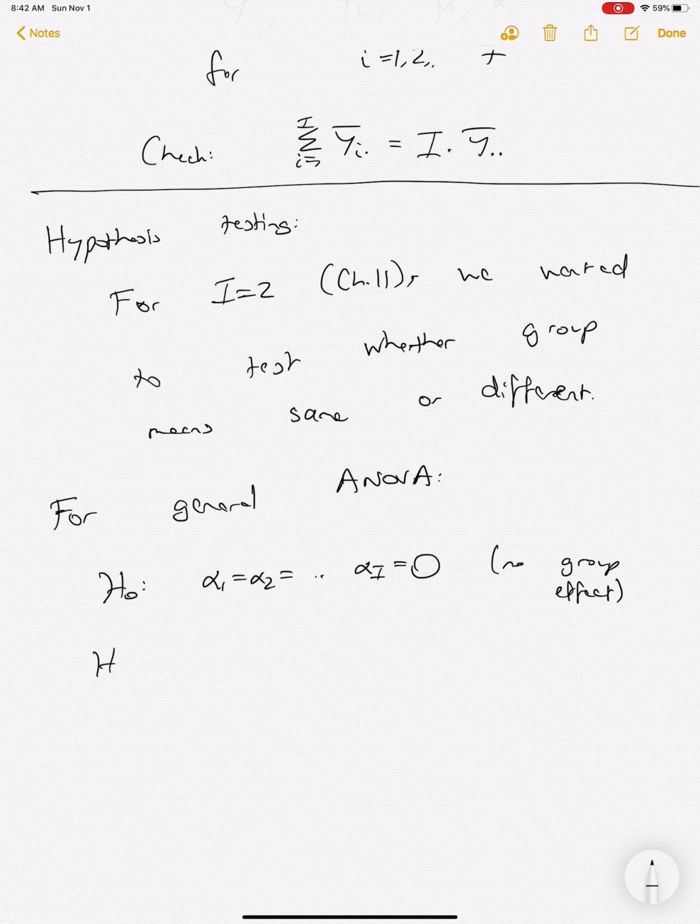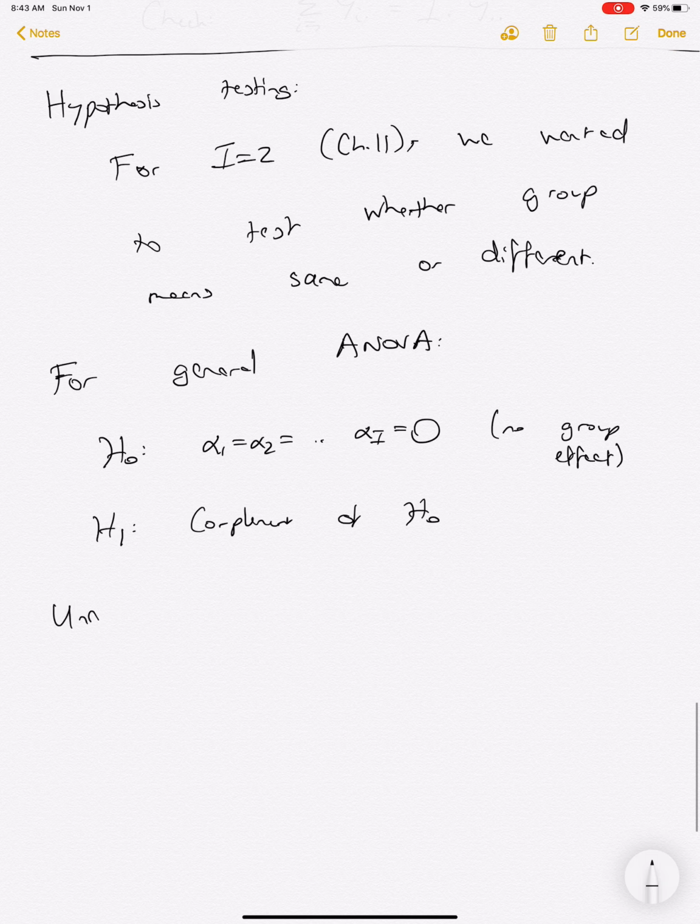And then the alternative, H1, is just going to be the complement, I should say, of H0. That's probably the easiest way to express it, that it's possible that any pair of the I's is different. So this is a little bit different in the sense that we're actually placing a lot of constraints on H0 to say that all of the groups have exactly the same mean. So another way to think about it is that under H naught,